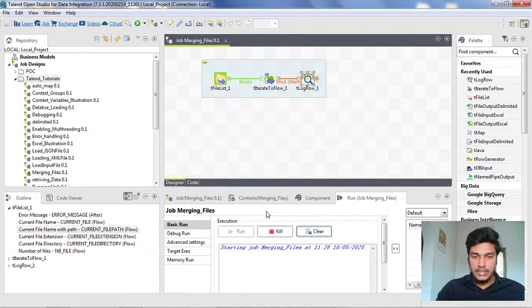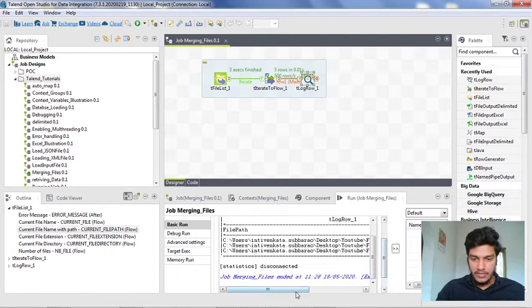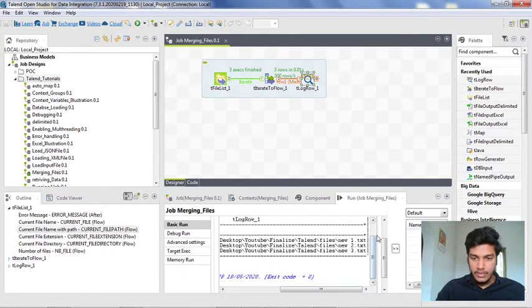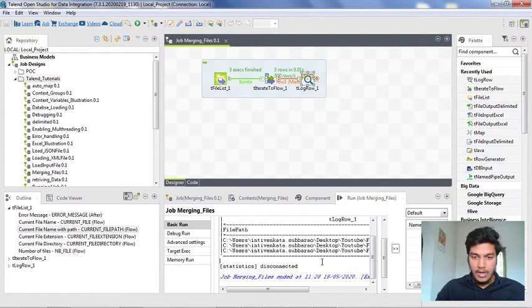Once it gets executed, these are the file paths that we have. See, new one.txt, new two.txt, new three.txt. First of all, tFileList will give the new one.txt file path, and once it is completed, then the new two.txt file path, and then the new three.txt file path, until all the files get executed. This is how it gets all the files present in the folder. Now what we want is to get all these files' contents. By using tFileList iterate flow, we get only the file paths, but we don't want only those. We want the contents.